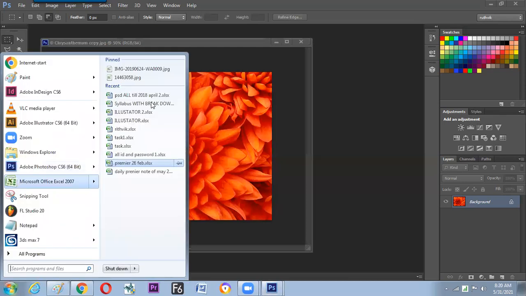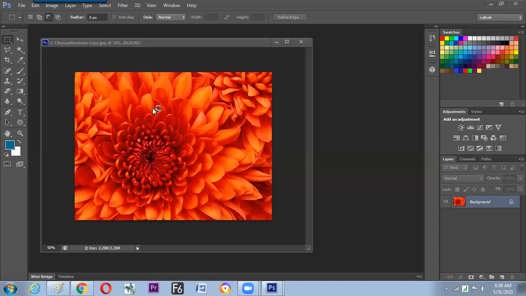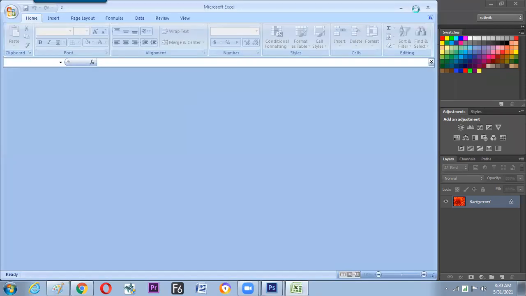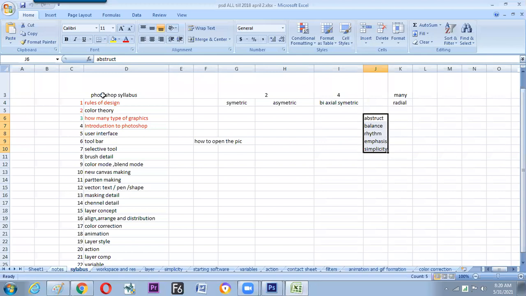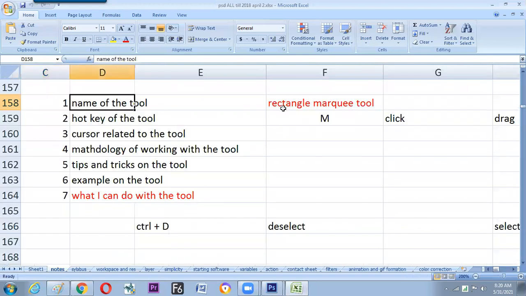Hope the notes can be made in this predefined structure. Already it is there in your note. Now it is to be implemented in a practical manner. How to note down the information? We have covered the name of the tool, rectangle marquee tool, and the keyboard shortcut, M. Now let us see how the cursor looks and how it changes, which cursor means what, then the method of working with the tool, tips and tricks, examples, and we'll finish. Hope we can note it down in this way.